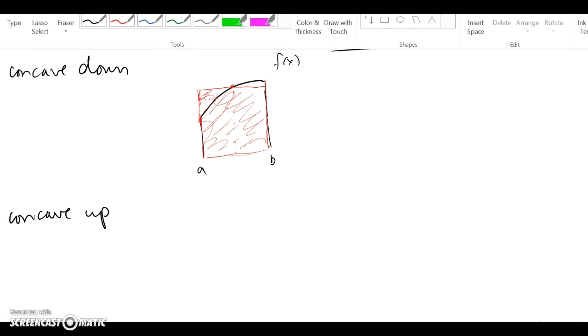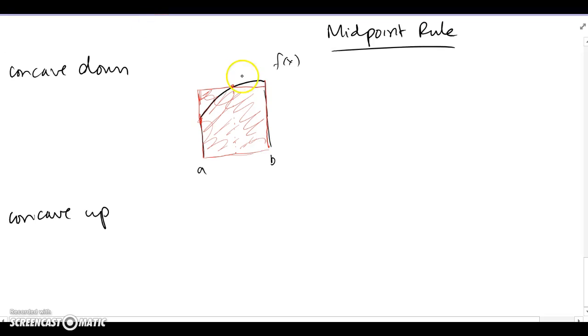If we take a tangent line at that midpoint and we look at what we ended up here with, what we were using to make the midpoint, this area and this area